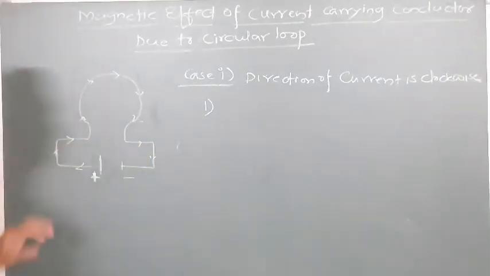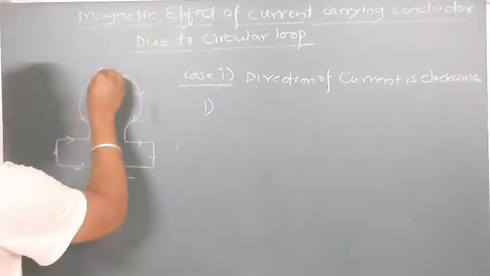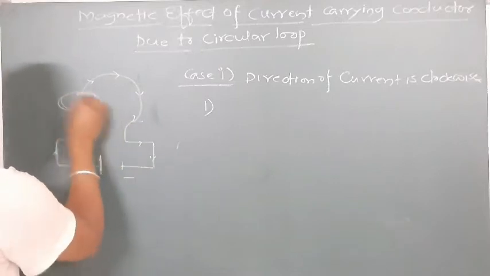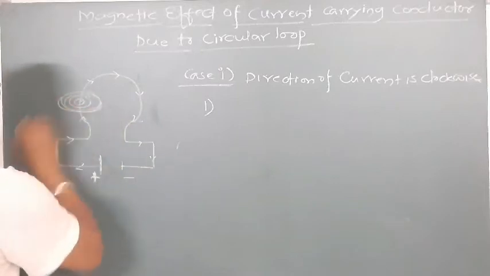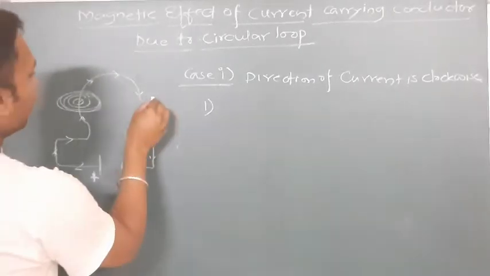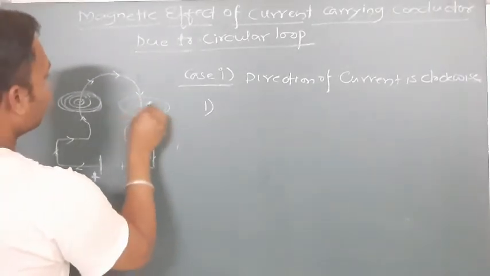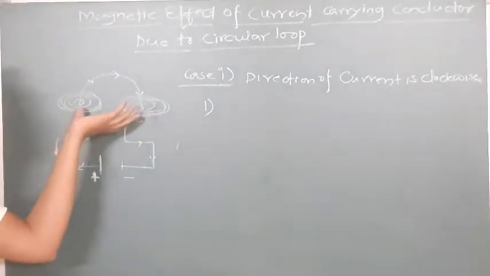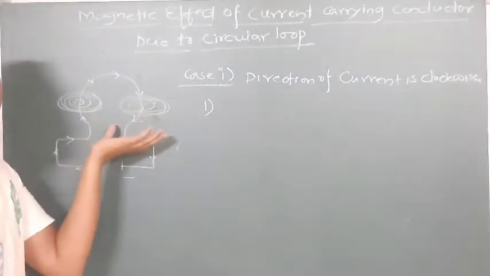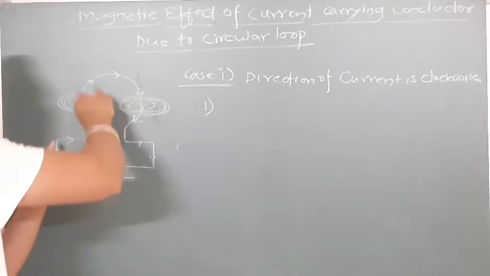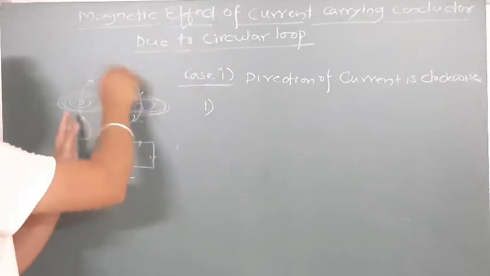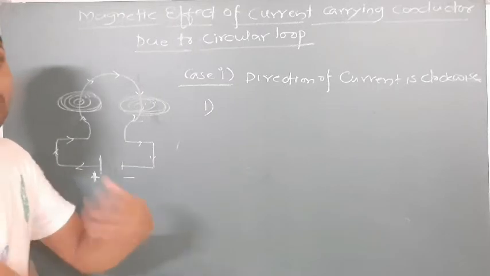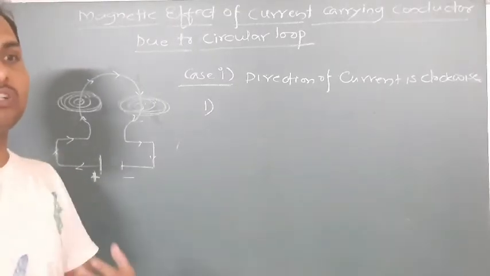So once the current starts flowing in this circuit, concentric circles will be formed here also, and we can say here also the same. You know it very well why they are formed, because the circular loop gets magnetized as soon as we pass the current. We are amazed, or we can say that there is a magic.